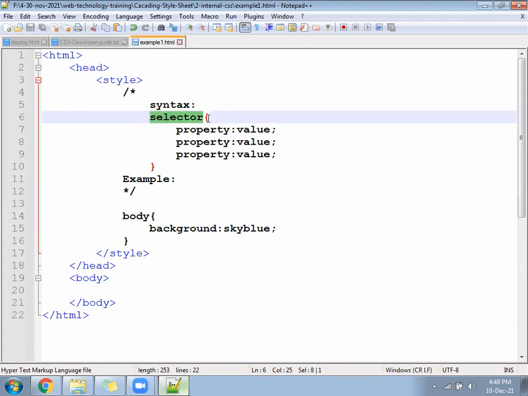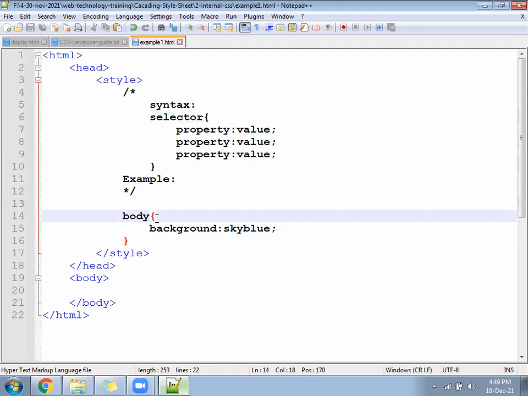At the place of selector you have given the body, and then we have property and value. At the place of property you have given the background, and for the value you have given sky blue. So the HTML body tag becomes a selector, background becomes the property, and sky blue becomes the value.